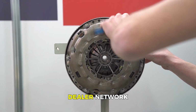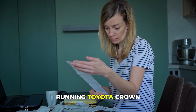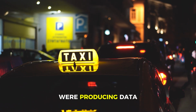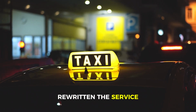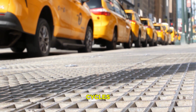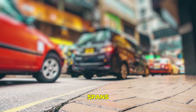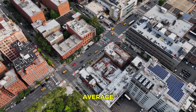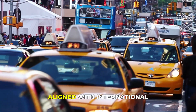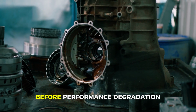While the American dealer network was building that margin structure, Japanese commercial taxi fleets running Toyota Crown and Nissan Cedric vehicles through the 1980s and 1990s were producing data that should have rewritten the service standard. Taxi operations in Osaka and Tokyo running high mileage cycles on vehicles that needed to stay on the road. Documented transmission lifespans that ran dramatically beyond the industry average. Without friction modifier protocol, fleet transmission service life aligned with international norms. Roughly 120,000 miles before performance degradation